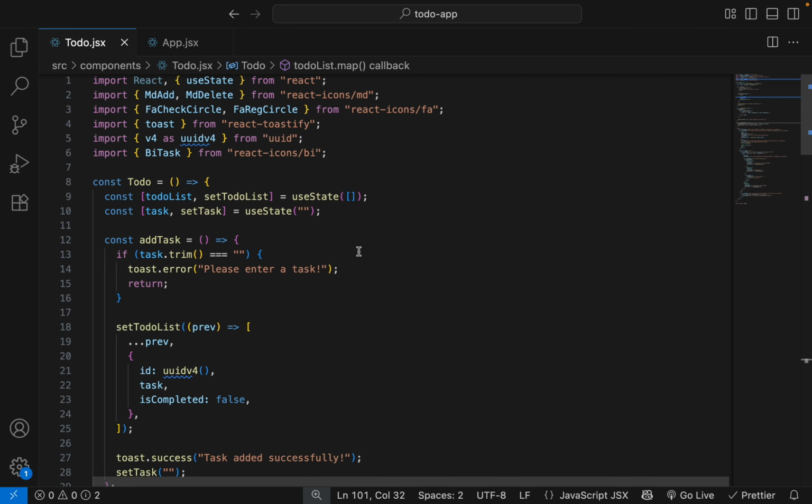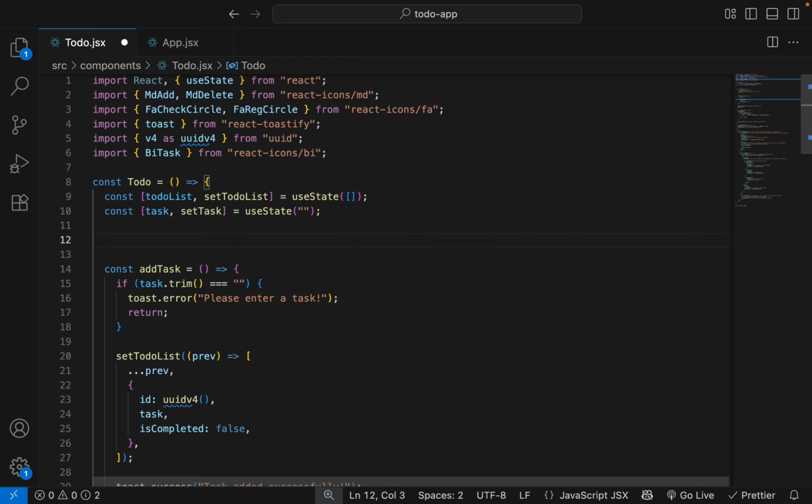Okay, now let's add a functionality where we can add task by clicking on enter button.